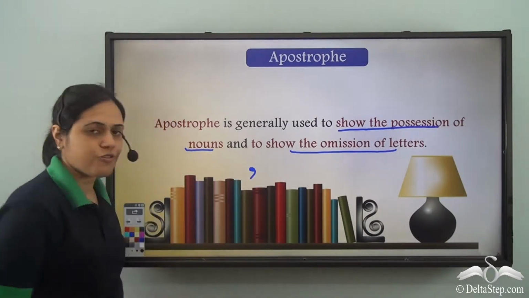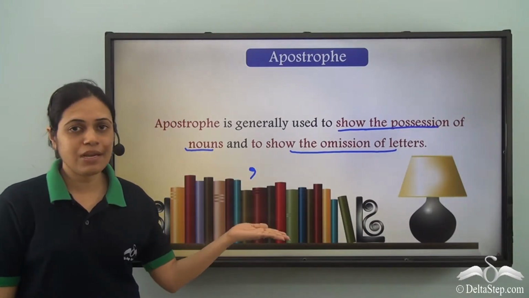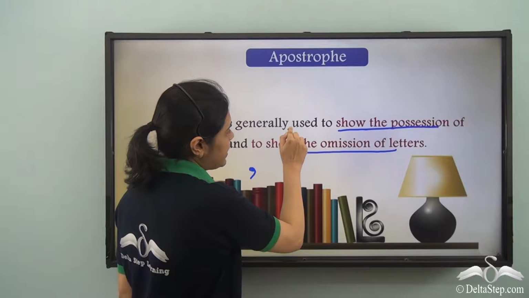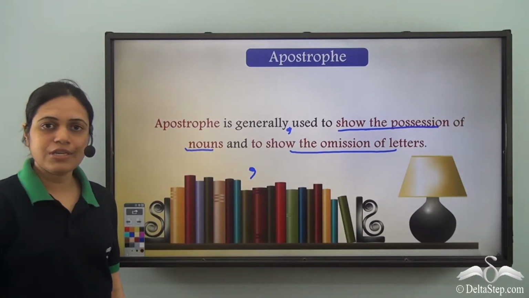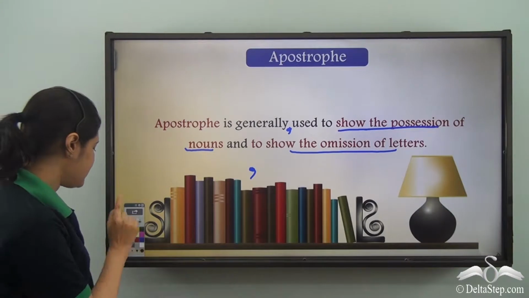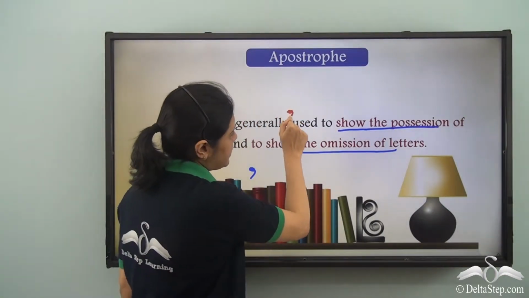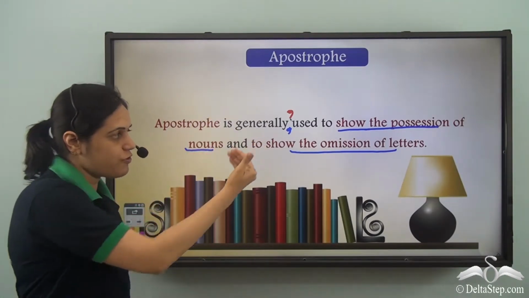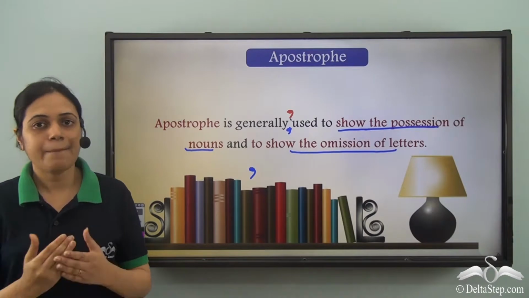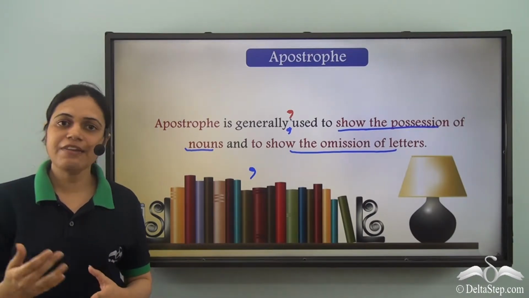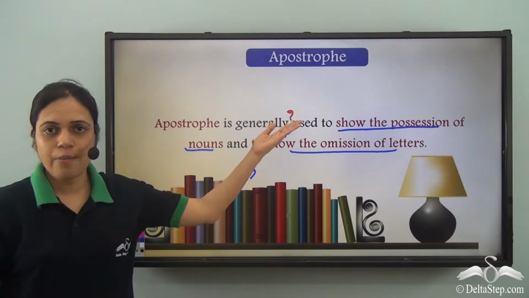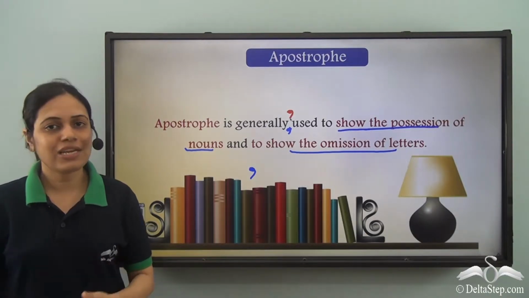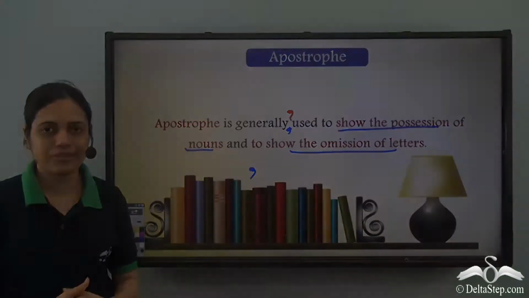This is apostrophe. It looks similar to a comma, but a comma is generally placed after a word at the bottom, whereas an apostrophe is placed after a word at the top. So an apostrophe and comma look the same, but the difference lies in where they are put. If it is at the top, it is an apostrophe. If it is at the bottom, it is a comma. So let us see how we can use apostrophe.